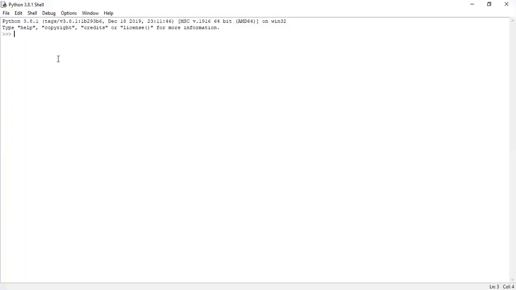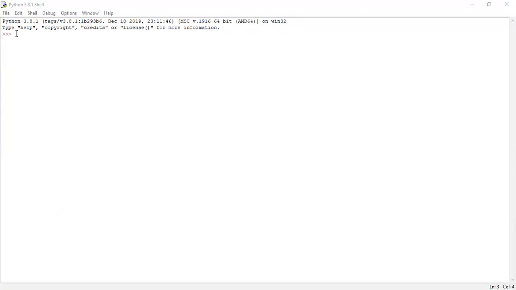Since I have an issue with my Raspberry Pi, I am using my Windows Python shell. I am using Python 3.8.1. I have opened this IDLE screen. I think you are so familiar with this. I think you have come up to Jupyter Notebook, right? So I'm using the basic shell. Yes, sir. Okay, so let me share the screen to you.